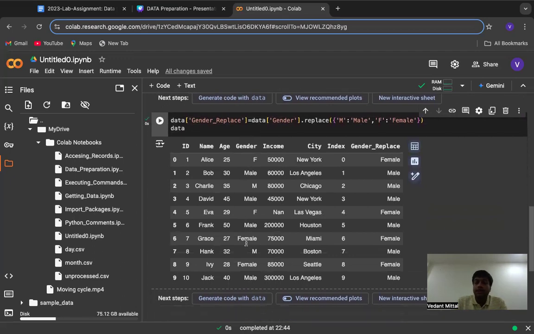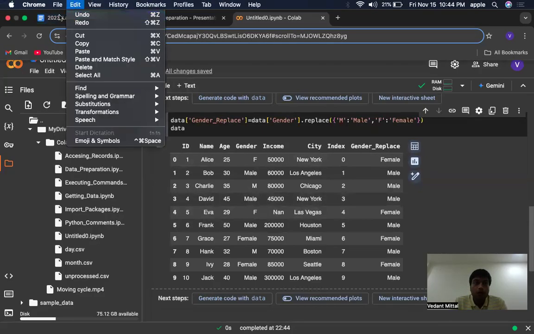So as you can see, a new index field gender replace has been made, and now there is no capital M or capital F. You can see the proper names female, male, male, male, female, like this. Moving forward,